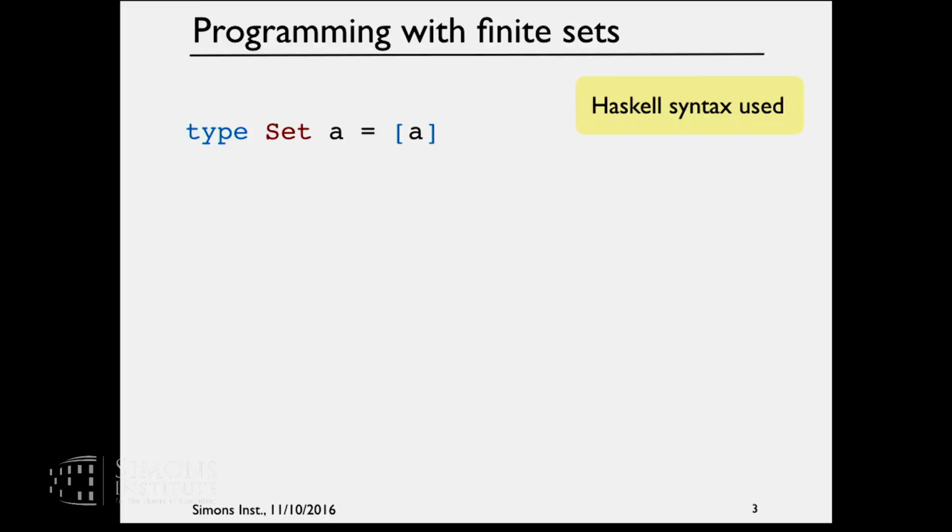Also the first line. So what do these brackets mean? Yeah, oh, absolutely, yes. So you have every right to be lost. So this is just the type of lists of elements of type A. This is a standard Haskell construction. Ordered lists, yes. So like sequences of elements. In Haskell, they can even be infinite, potentially infinite, but let's forget about that. Let's say I'm only interested in finite sets here.